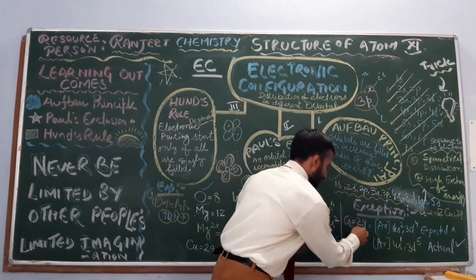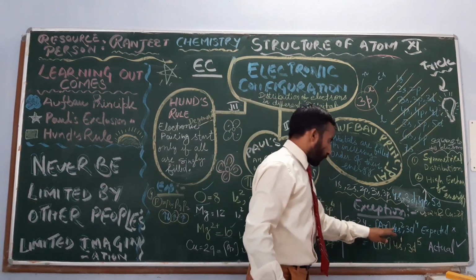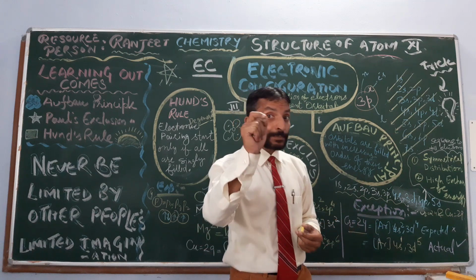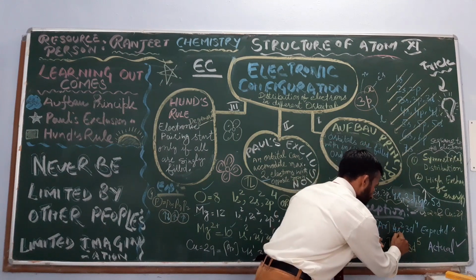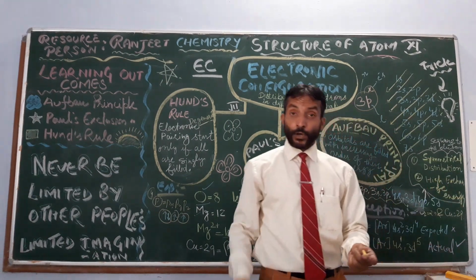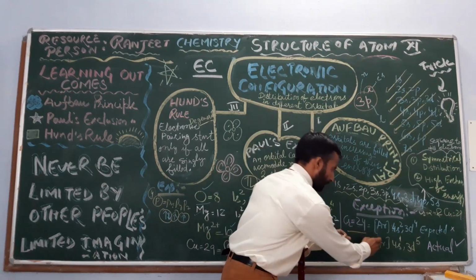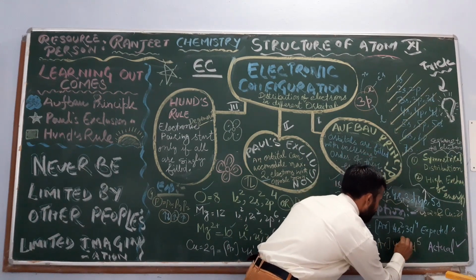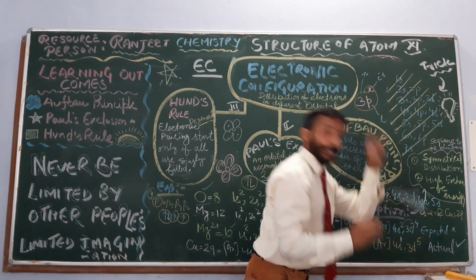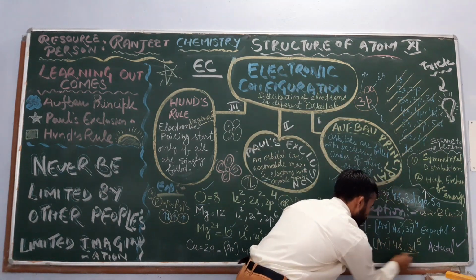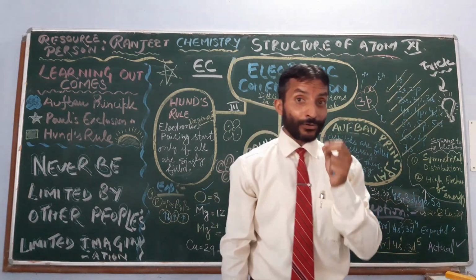Okay, so let us take the example of chromium. Chromium has atomic number 24. So write the electronic configuration. What is expected according to these rules? That is argon 4s2, 3d4. This is expected, but it is not the actual one. What is the actual one? What happens is that one electron jumps from the 4s2 to 3d, and it now has the electronic configuration 4s1 3d5. This is the actual electronic configuration.